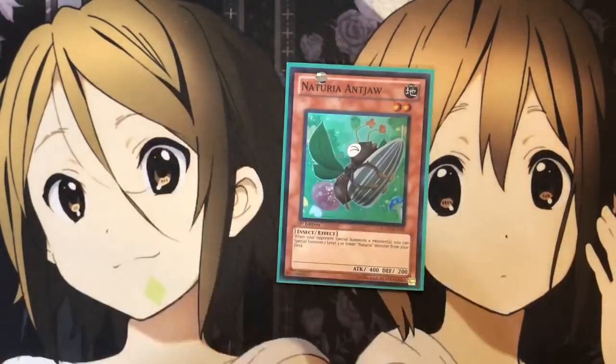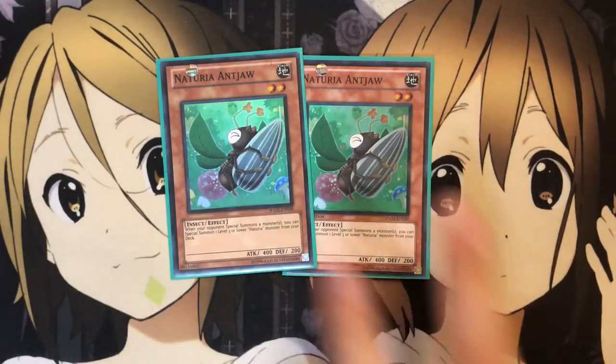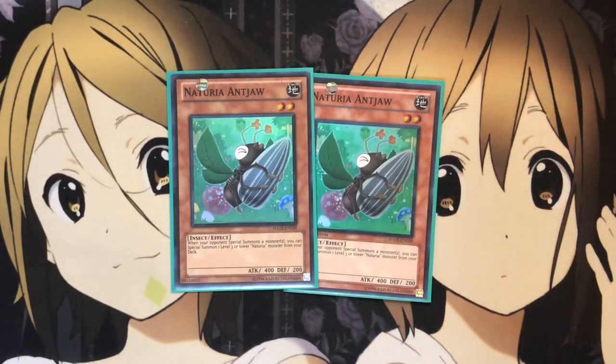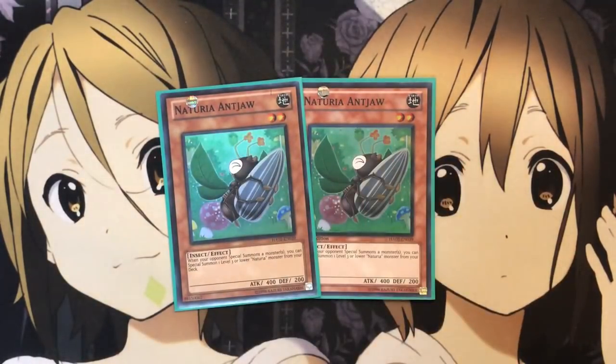So anyway, I run 2 Naturia Yugioh. I actually put a lot of thinking into what should go into a Naturia deck, and after thinking about the type of decks we have now in the current format, Yugioh really has a lot of potential to be good in the deck. He's a level 2 monster with attack and defense that's nothing to write home about, but his effect is when your opponent special summons a monster or monsters, you can special summon 1 level 3 or lower Naturia monster from your deck, and this isn't a once per turn effect, so either your opponent will normal summon,